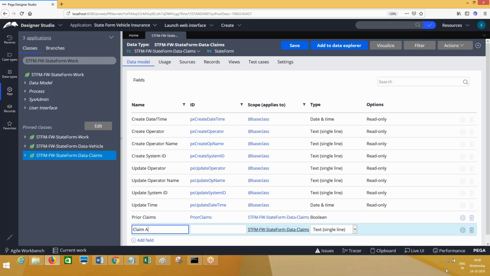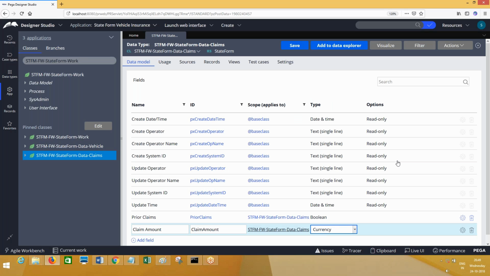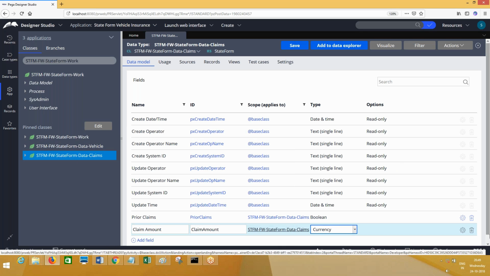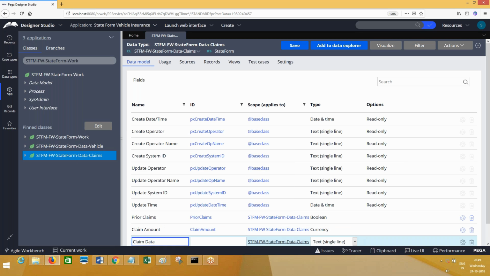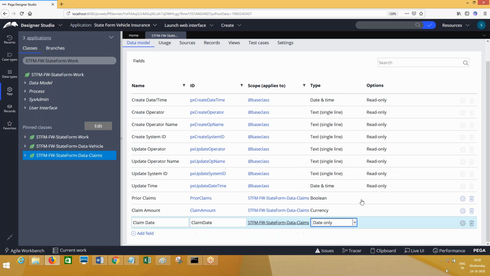Next is claim amount. See, claim amount, I want it to be currency. Claim amount is currency. Claim date. Claim date should be the Date type only. It's not time, only date. That is fair enough. No time.